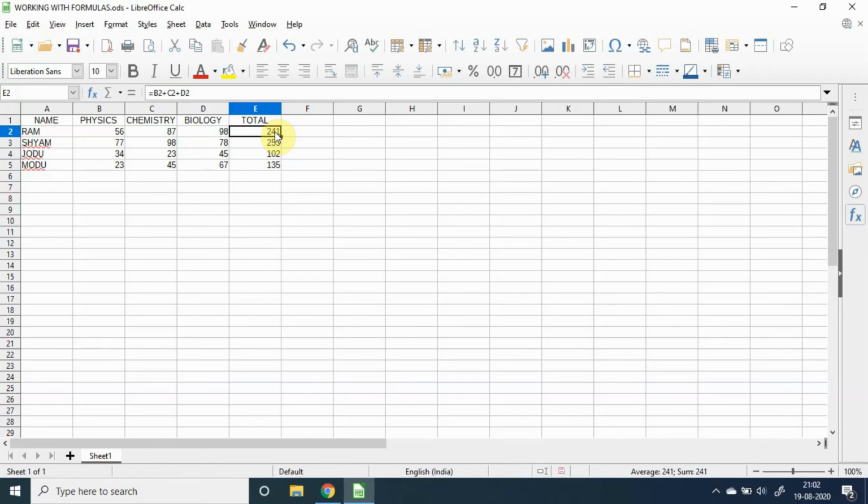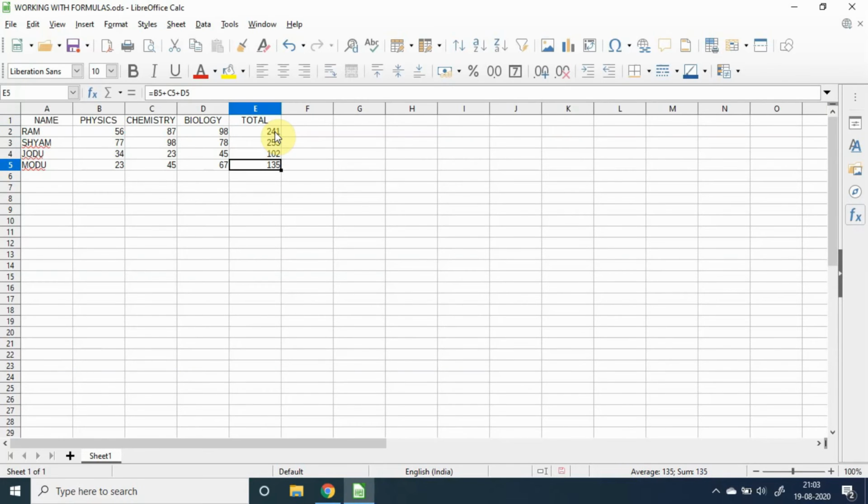That means if in the cell E2 the formula is equals to B2 plus C2 plus D2, in the cell E3 the formula is equals to B3 plus C3 plus D3. Again in the cell E4 the formula is equals to B4 plus C4 plus D4, and in the cell E5 the formula is B5 plus C5 plus D5.